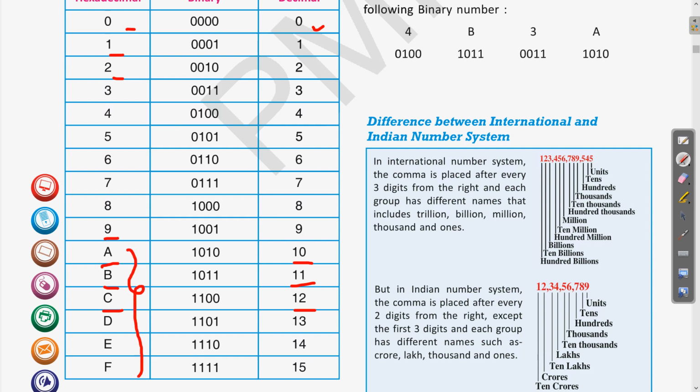Clear? So whenever you are using the hexadecimal, we are using 16 symbols. 0 to 9 is 10, and after that 6 digits from the alphabet. 6 alphabets, 1 2 3 4 5 6, you can easily see. So 10 is denoted as A, 11 is denoted as B, 12 is denoted as C, 13 as D, 14 as E, and 15 as F. So this way we are using the 16 digits or 16 symbols, you can say. Clear? I hope you are understanding it.